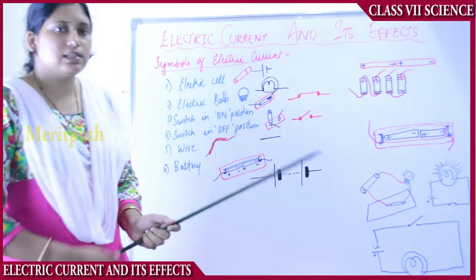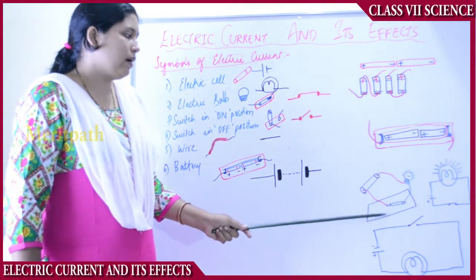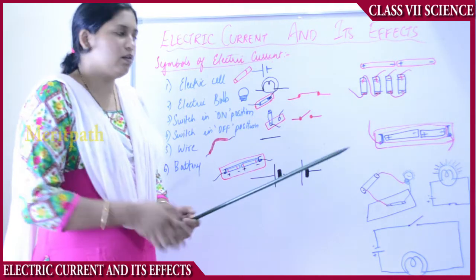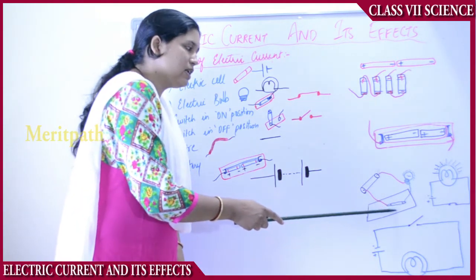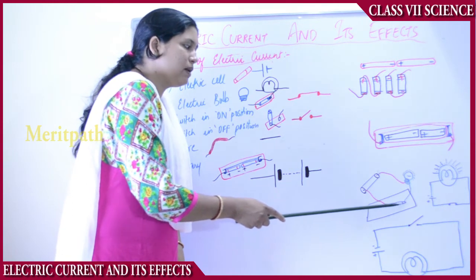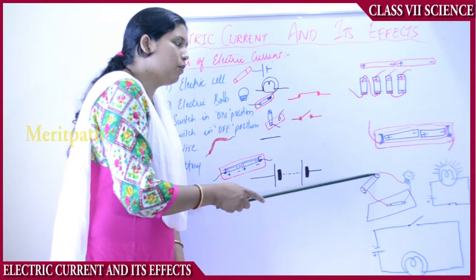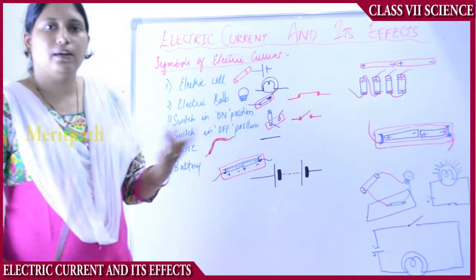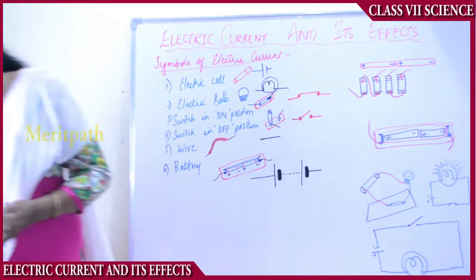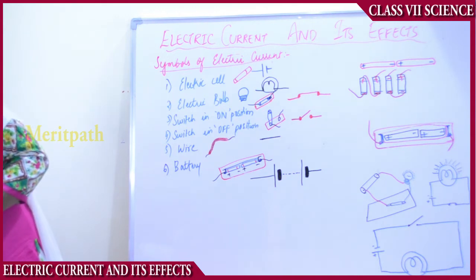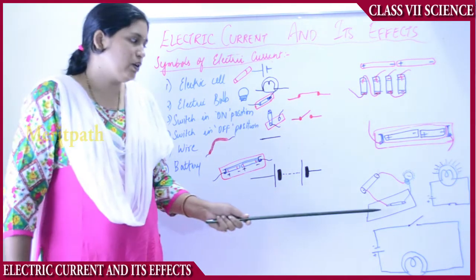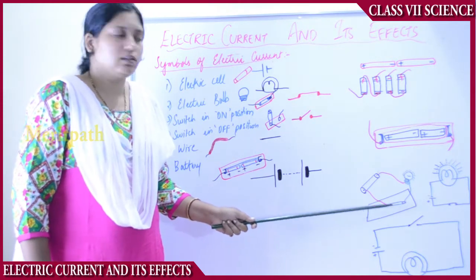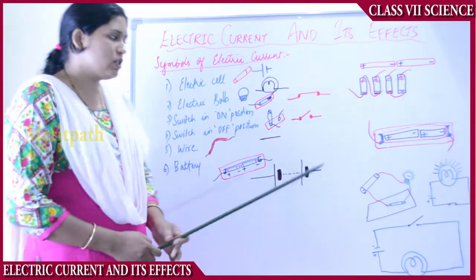Take one more instance. Take a wooden plank, take two iron nails and take a safety pin. In this instance, what you see is that the safety pin is connected to both ends of the cells, and the bulb is glowing, that is, the circuit is completing. So how is the circuit completing here? In this instance, the switch is on. The switch is in the on direction.